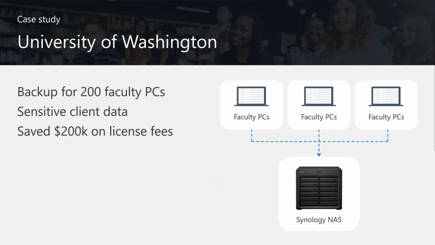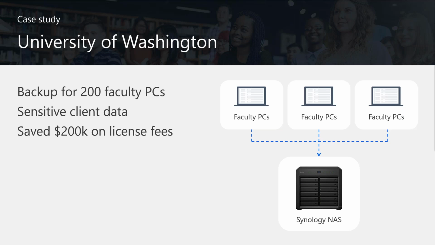So our second case study for today comes from the University of Washington here in Seattle. A few years ago, they started to look for new backup solutions for the School of Social Work, which has about 300 staff and students total. They considered cloud backups, but the costs were very high at this scale, so they wanted to explore other options. They wanted something that was not only cost effective, but maintenance free and privately hosted.